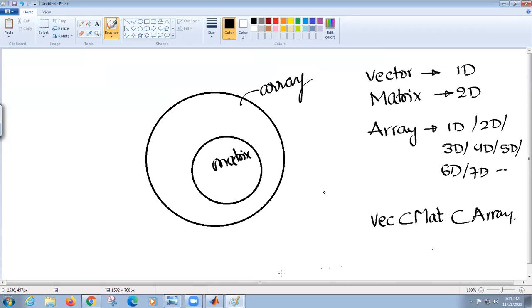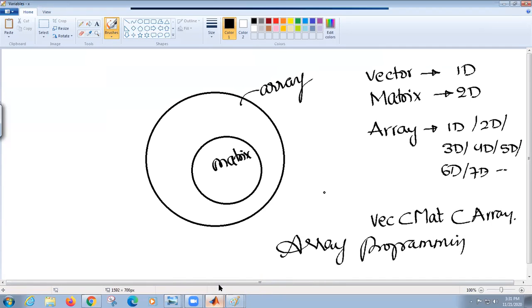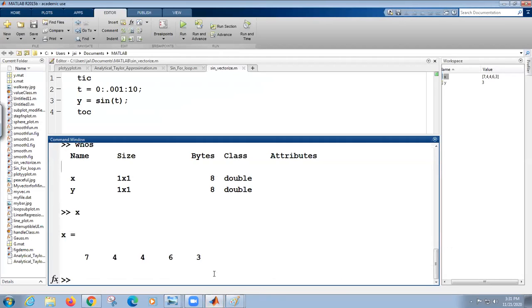So therefore you could also say MATLAB is an array programming language, because by default matrix is within array. So with that confidence, now I can say X is an array, or X is a matrix, or also X is a vector.